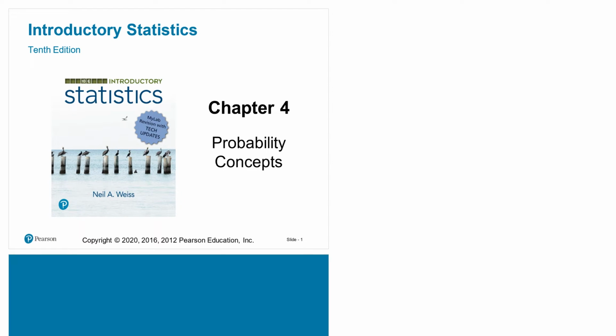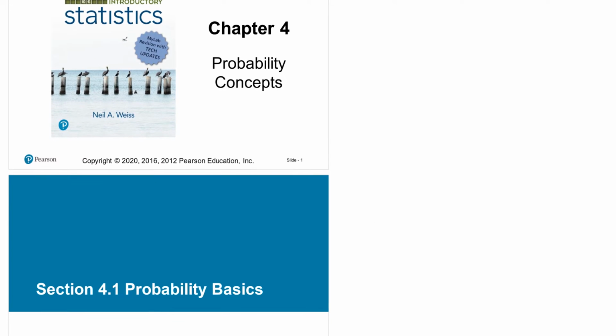This is section 4.1, Introduction to Probability, basically. And it says Probability Basics. What do we have in probability? Of course, you all heard about probability from high school. You learned a little bit about probability and you forgot what that is. So the probability is just the chances for something to happen, something to occur.